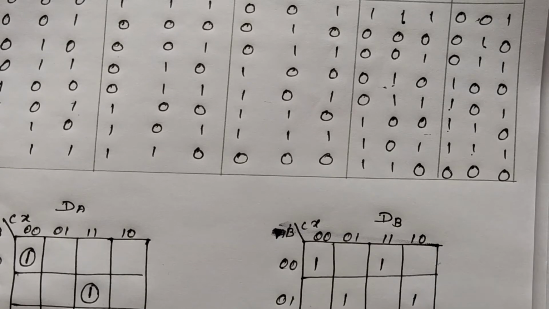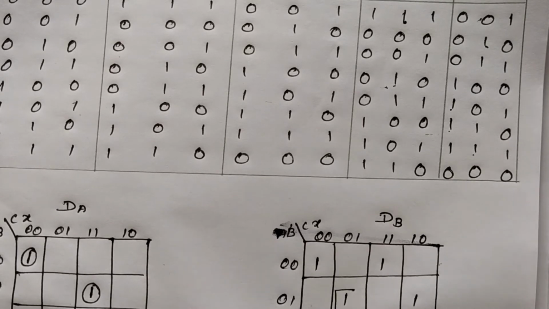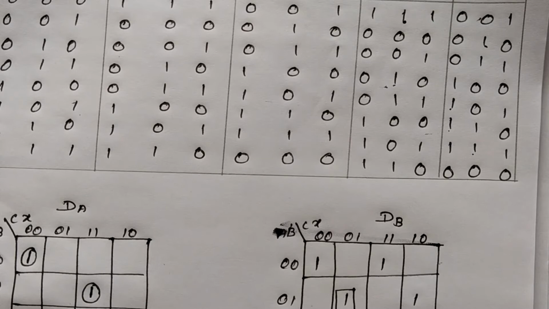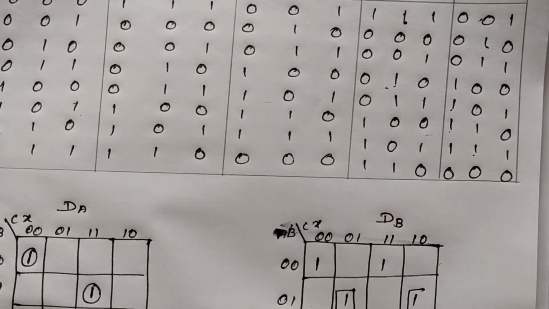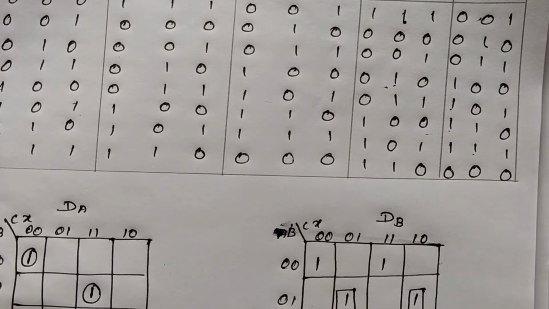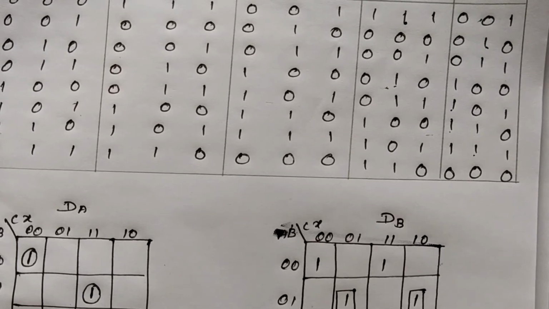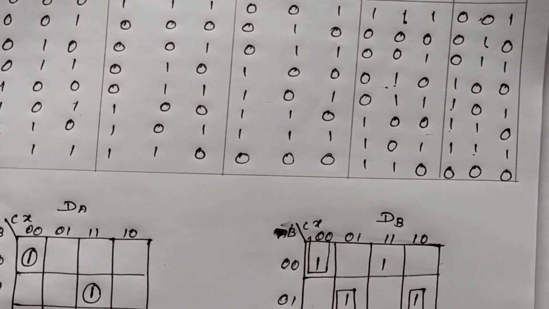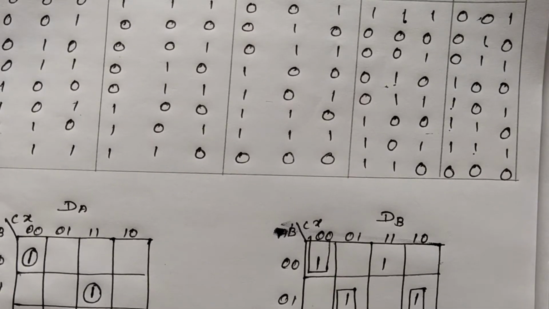So here we can make it as 1, and here the value DB is equal to, here we can make it as a pair, and here the value is left side, B is common and its value is B, and here it's C bar X plus, and also we can make it as a pair, and here the value is left side it's B, here it's C X bar plus, here we can make it as a pair because both sides are adjacent, and here the value is B bar is common, and here C bar X bar plus,